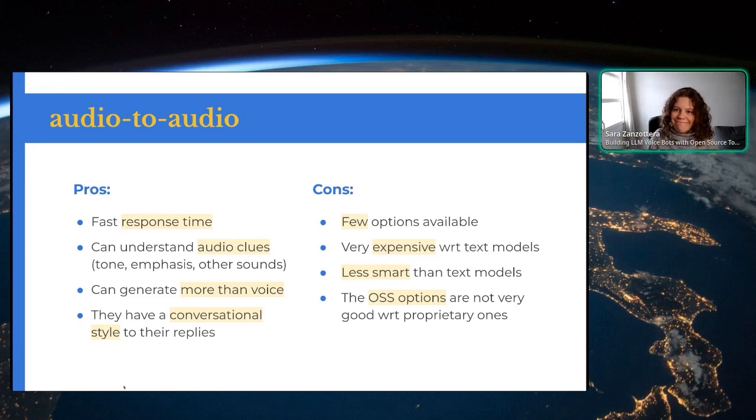you compare it with the pricing of a GPT-4o real-time, GPT-4o real-time is still more expensive and by a lot. So yeah, you need a really good motivation to be using that one right now for a production system, simply because of the cost. They also, when you use them, tend to be a little bit less smart than text models,